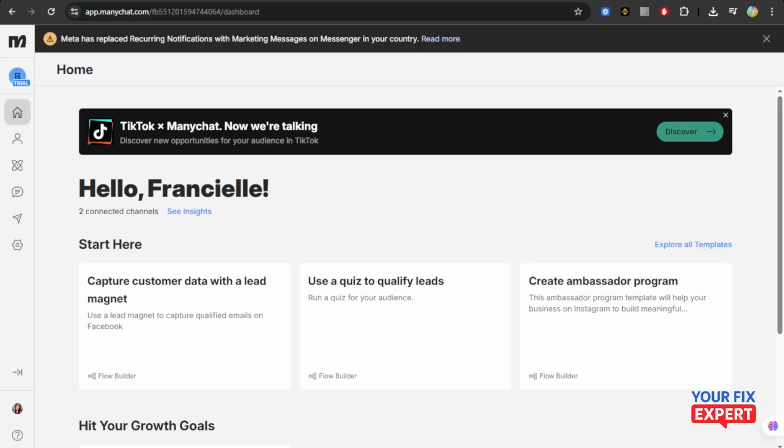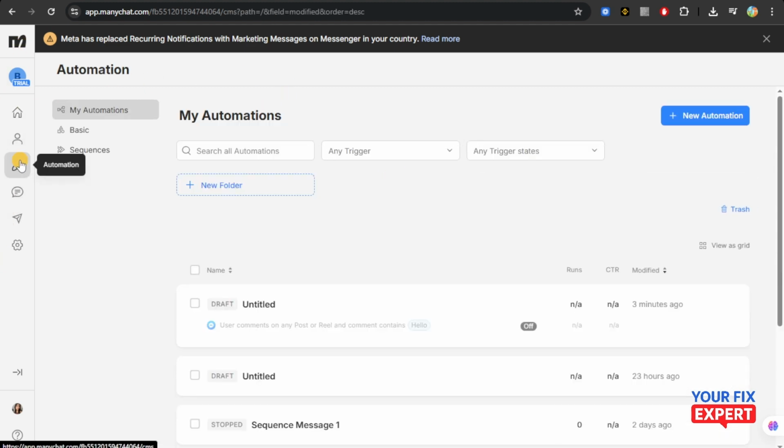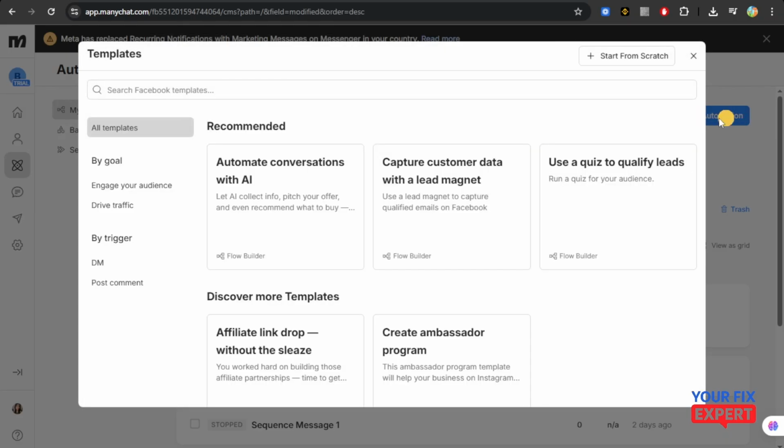This is how you're going to collect emails on ManyChat. So first step, you're going to head over to your ManyChat website, and then from here, you're going to head over to the left side panel and then click on automation. Now from here, we're just going to create a new automation by clicking on the new automation button right there